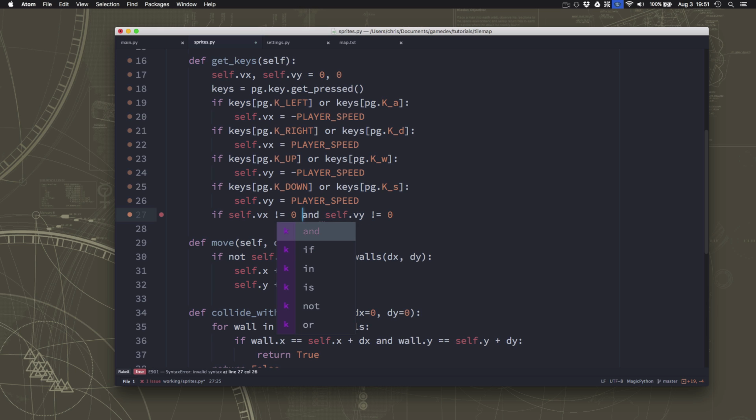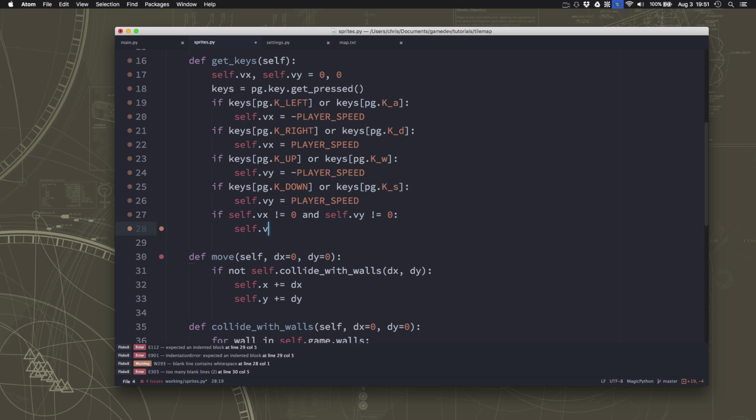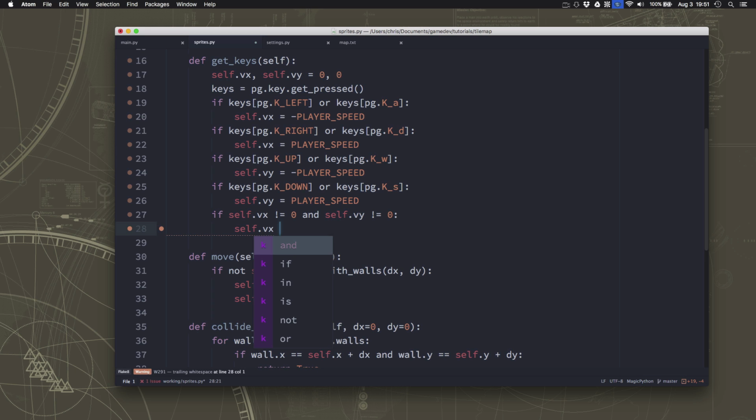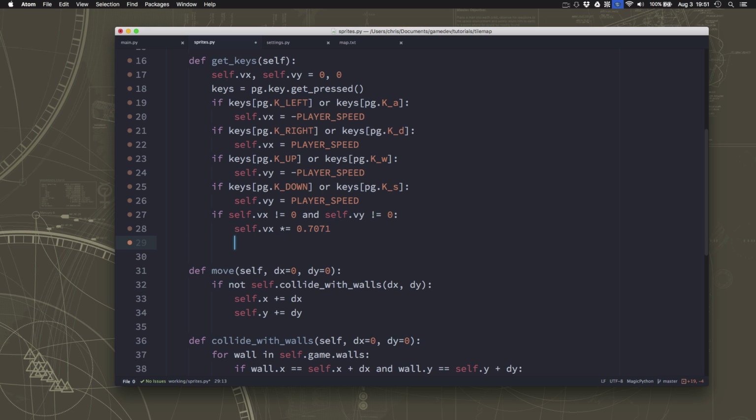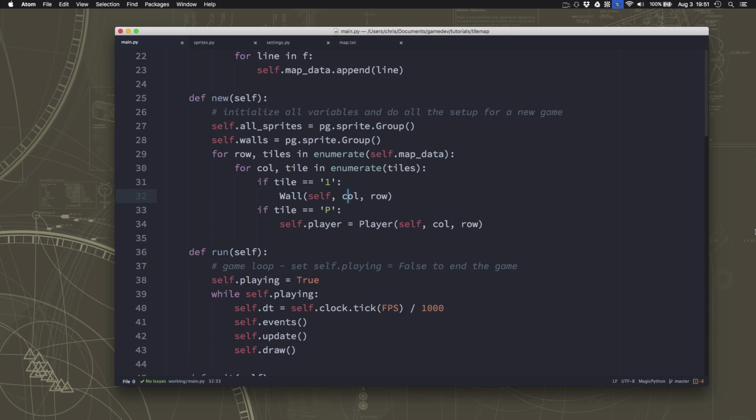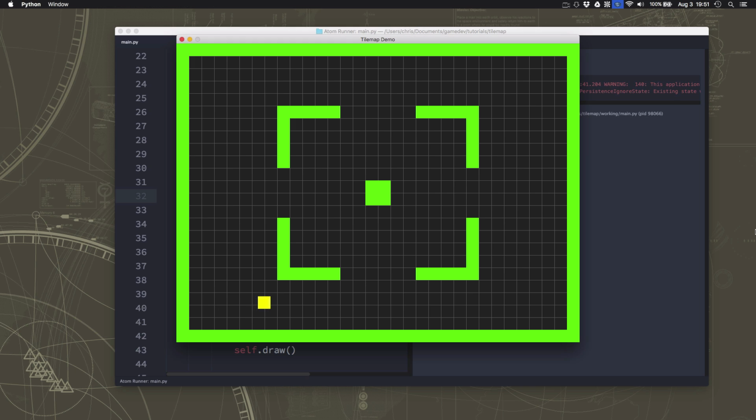So if both Vx and Vy are not 0, then we need to take Vx and Vy and multiply them by 0.7071, which is the square root of 2. Or sorry, 1 over the square root of 2. Which is explained in that video. It comes from the Pythagorean theorem. Okay, so we are now moving diagonally,